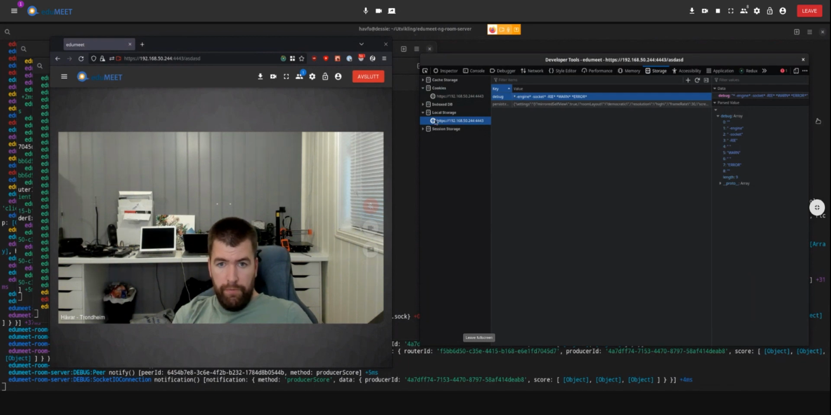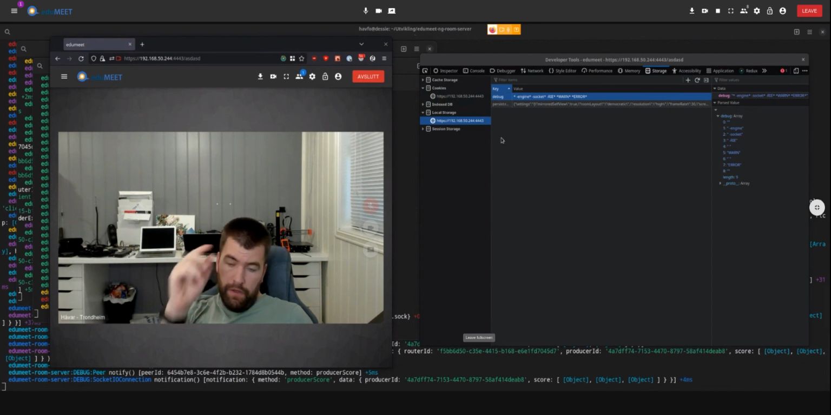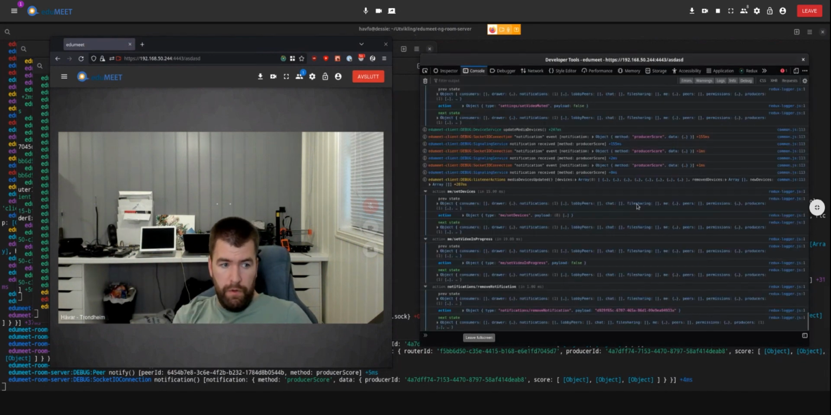So for a random site, you can do it here on edumeet.no now, just add a new value, debug, and then star, and you will have all the debug logs in the console of whatever site you're on. Just a small tip. So what I typically do here, of course, is if I'm developing something that interfaces with